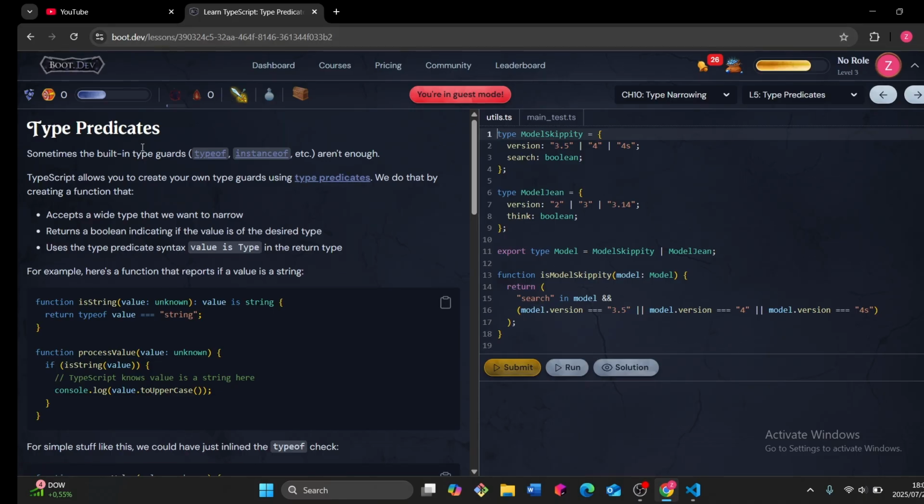Type predicates. Sometimes the built-in type guards, typeof and instanceof, are not enough. We haven't really talked about instanceof. TypeScript allows you to create your own type guard using type predicates. We do that by creating a function that accepts a wide type that we want to narrow, and returns a boolean